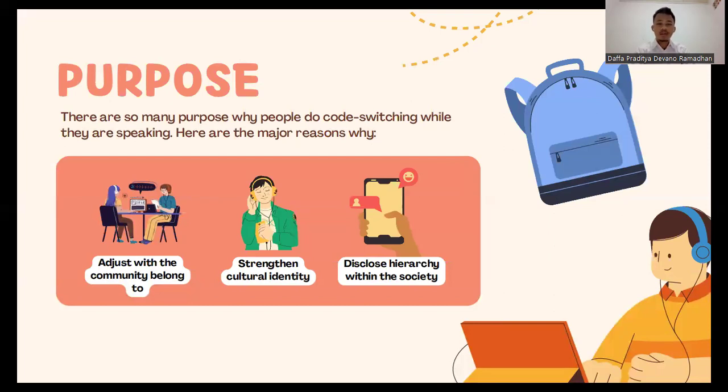There are so many purposes why people do code switching, and there are three from observations. The first is to adjust to the community they belong to. For example, when there is an Indonesian community in the US, they tend to use Bahasa Indonesia and English at the same time, because they are used to speaking English on a daily basis. But when they meet the Indonesian community,